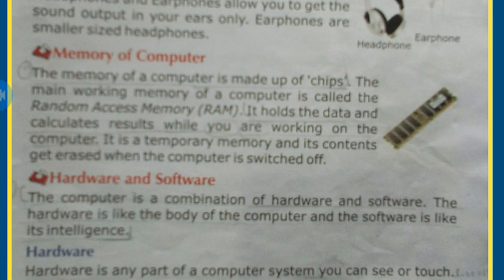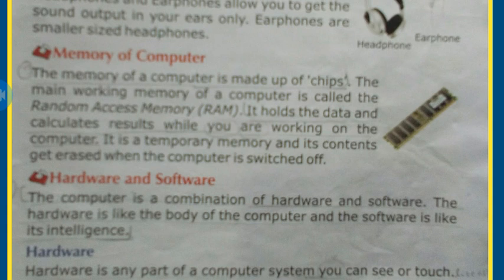Students, you have to remember one thing: it is temporary memory. It means if the light goes off, or you switch off or shut down the computer, then what will happen? If you do not save, your file will be erased. Your file will be removed from your computer. Why? Because it is working on RAM, and RAM is temporary memory. So whenever you are typing something or doing something, before the light goes off or before shutting down the computer, you should save your files. Otherwise it will be lost.